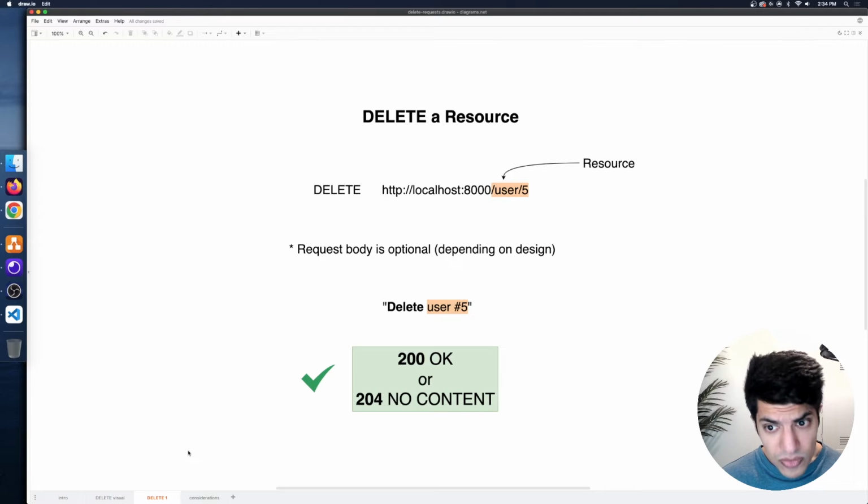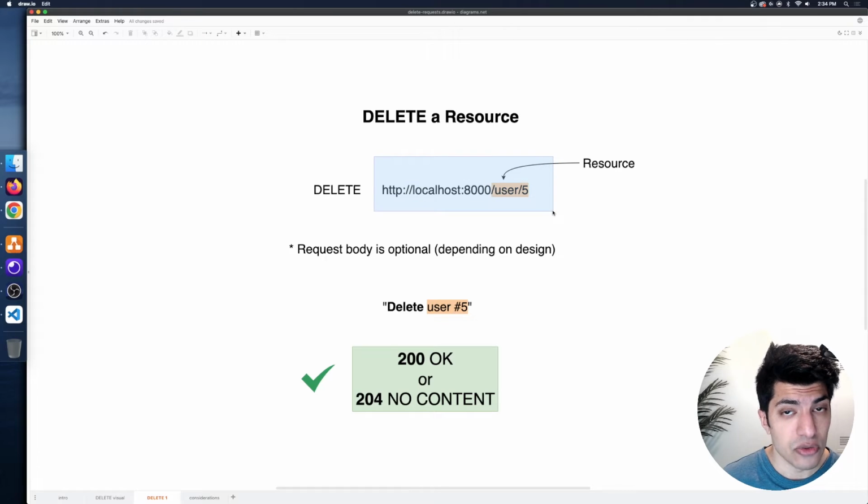Now, here is how that would work in practice. You can imagine that we have a resource identified, for example, at a user route. And then the route for that might be user/ID, for example. And we would be listening for the DELETE method specifically for that route. So in this case, a user route where each user has an ID,